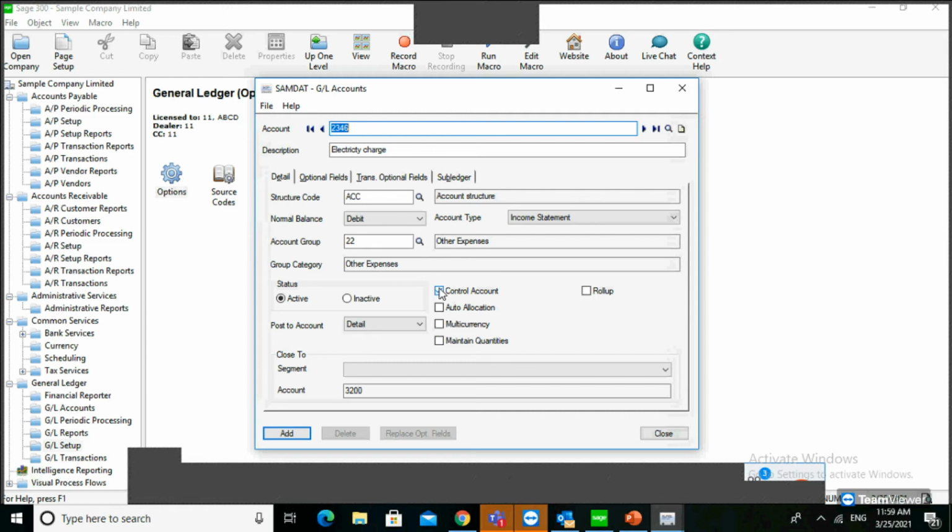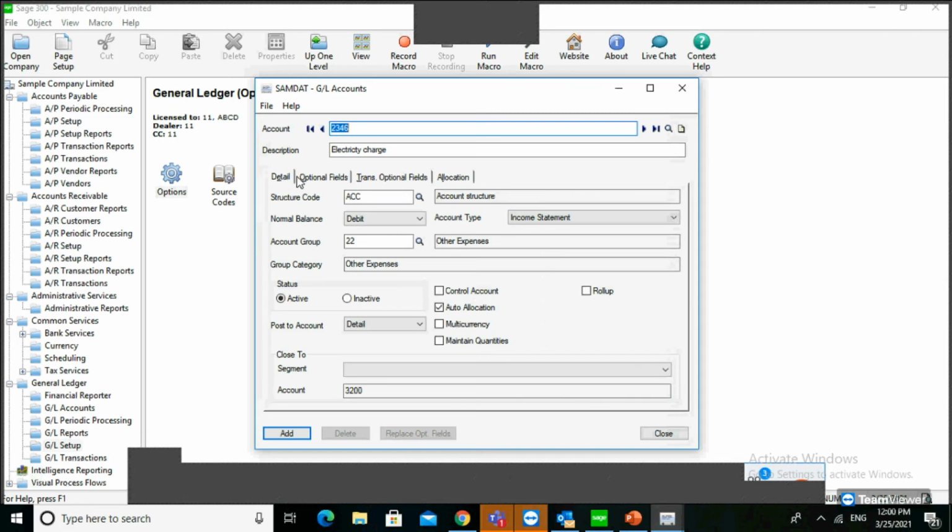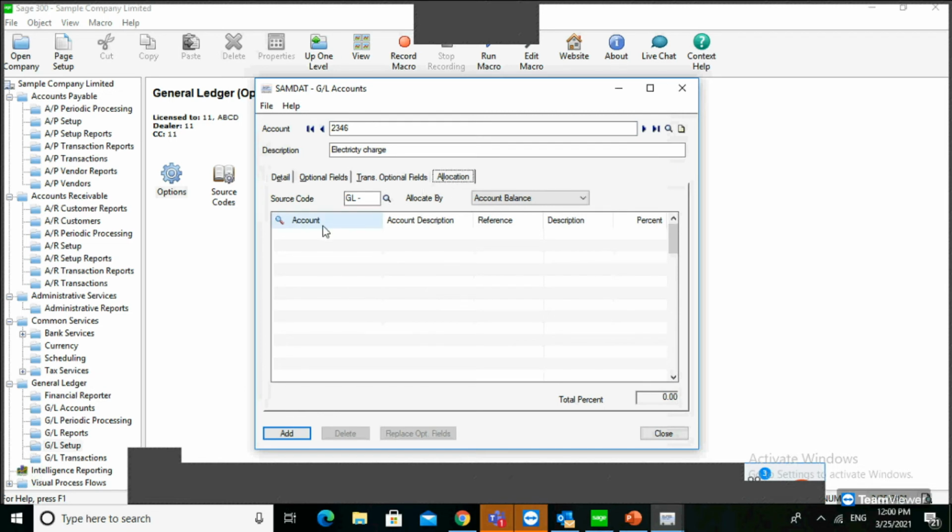If it's a control account, you can give the auto allocation. Let's say you are using overhead, and that overhead gets divided department wise, and you have different sub accounts, then you have to divide the transaction to allocate to the particular account. This is the main account. You have to define what sub accounts and what percentage amount.